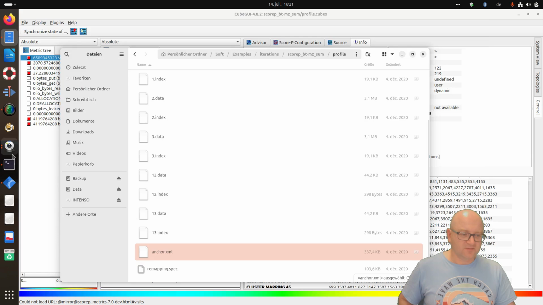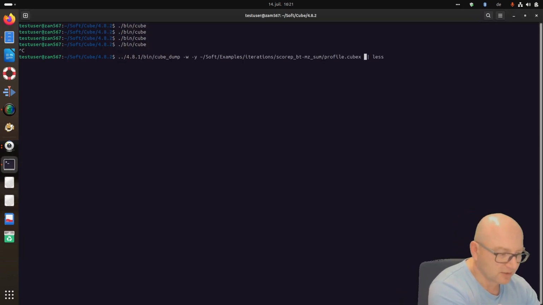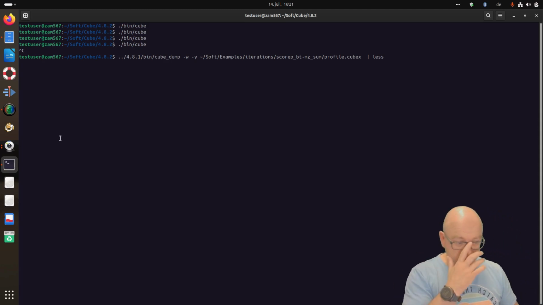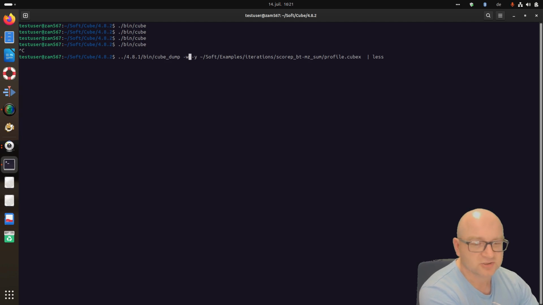If we go to our CubeDump, it has two command line options. I will describe CubeDump a little bit later. -w displays